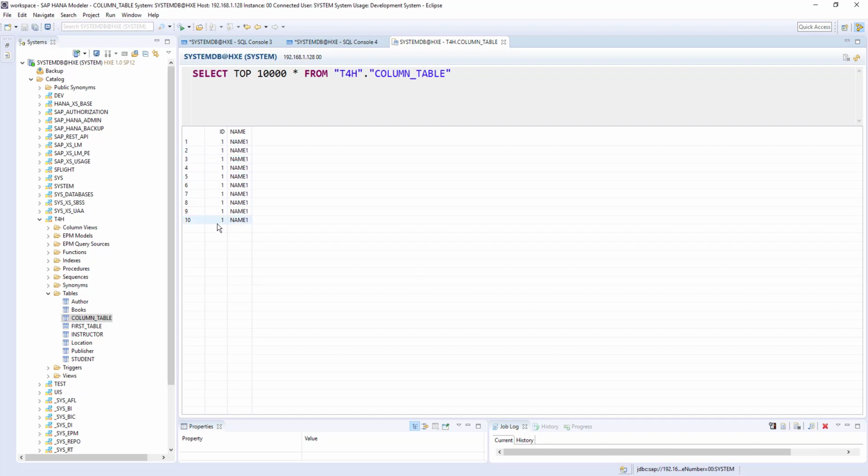All records are the same. If the requirement is that we should not have any duplicates on ID, then the simple solution is primary key. Correct. So a primary key will solve this problem when we want to eliminate duplicates on any particular column.